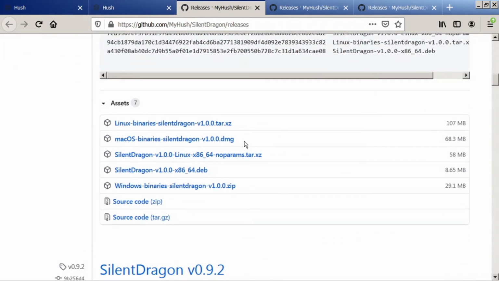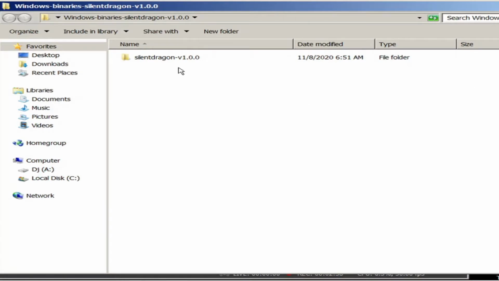and we find the binary which corresponds to our operating system. I'm using Windows today to have it downloaded. Okay, this is our download. We open,